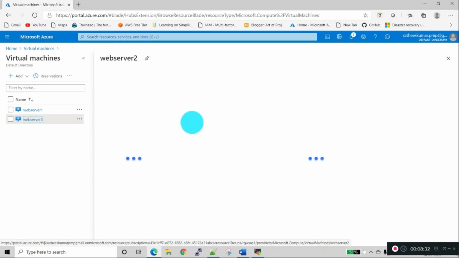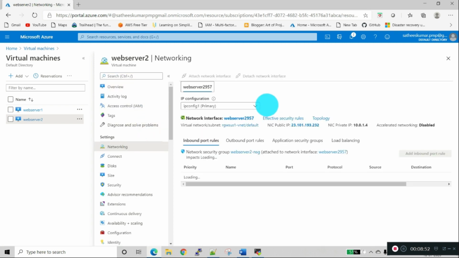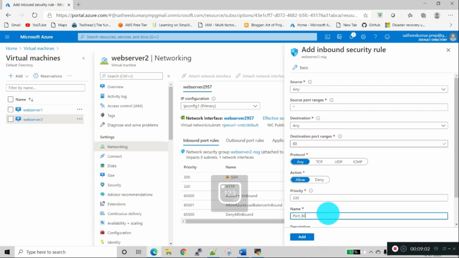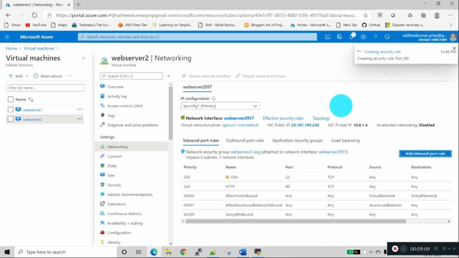We will go to web server 2, go to networking and add port number 80 in the inbound rule. Port 80 is added.